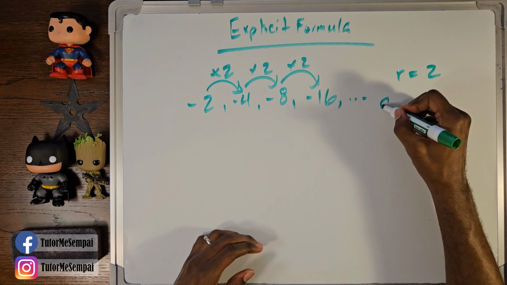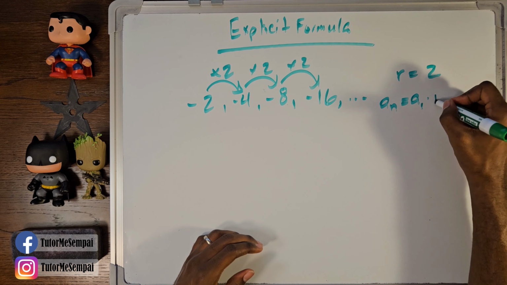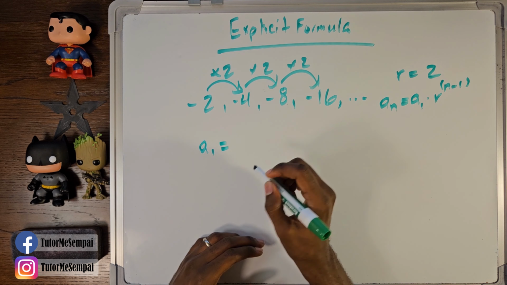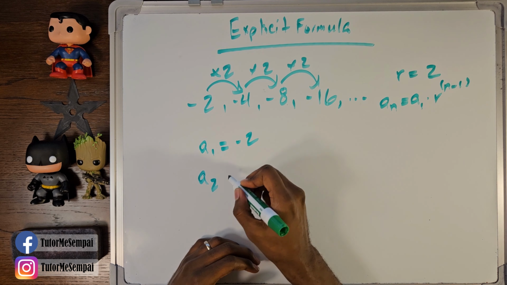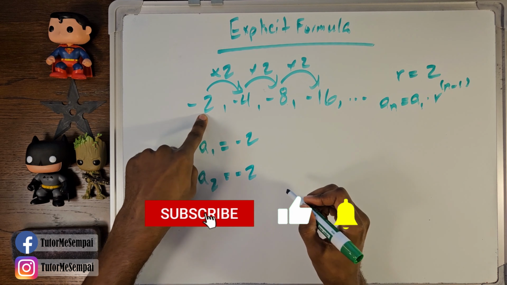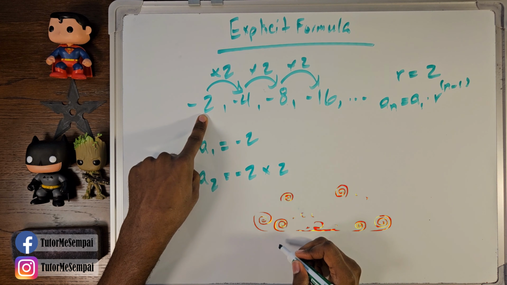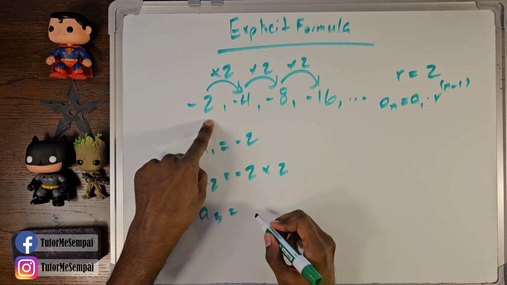And I'll even put our explicit formula here so we can see where we're trying to end up. But let's take it step by step. Let's say we have a sub 1, and we know that to be -2. If we want to go to a sub 2, we're starting at a sub 1, and we're going to multiply by 2. So if we want to go to a sub 3, we would start at a sub